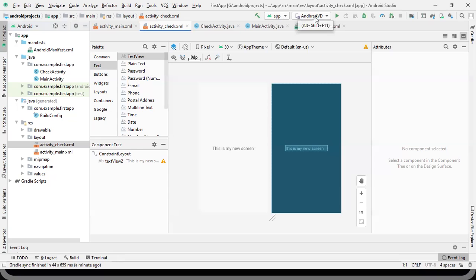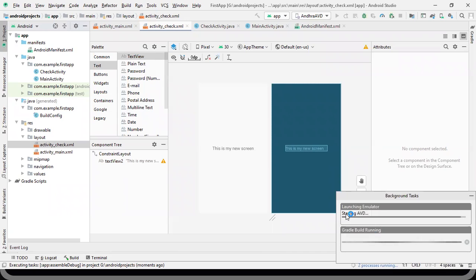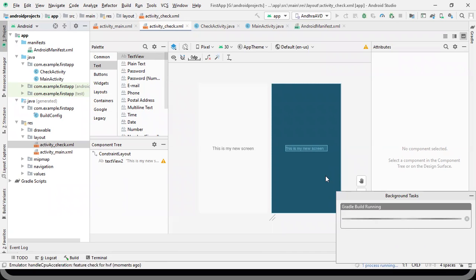Here is the name of the AVD on which you want to run your app. If you have other AVDs available on your computer, they will be listed here. So the AVD we created yesterday, we will now execute it. You can see the progress has started and the AVD is going to start.